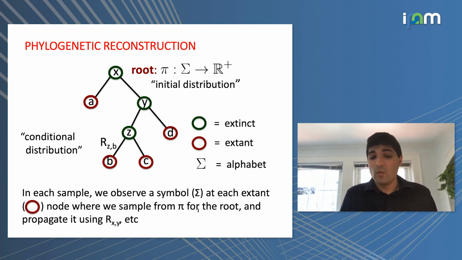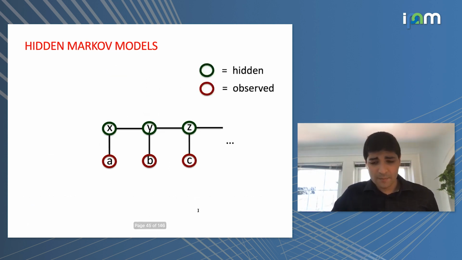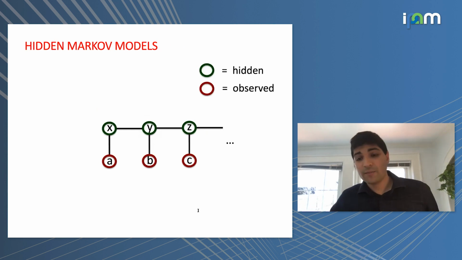And the idea is that we want to take many samples from this process, which corresponds then to, for each species, having a long string of what its genetic sequence is, and then use that joint information to try and recover what the tree is, and even a description of what the conditional distributions along each one of these edges look like. Because those are the types of things that might tell us how long these evolutionary branches were. So this is a very natural model in population genetics. It's a standard one. In fact, it's related.